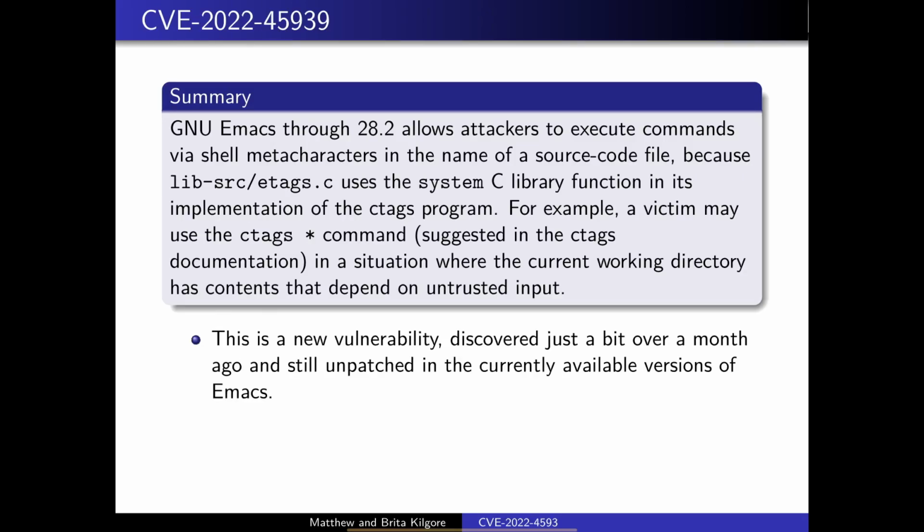This is a new vulnerability. It was discovered a bit over a month ago and is still unpatched in the currently available versions of Emacs.